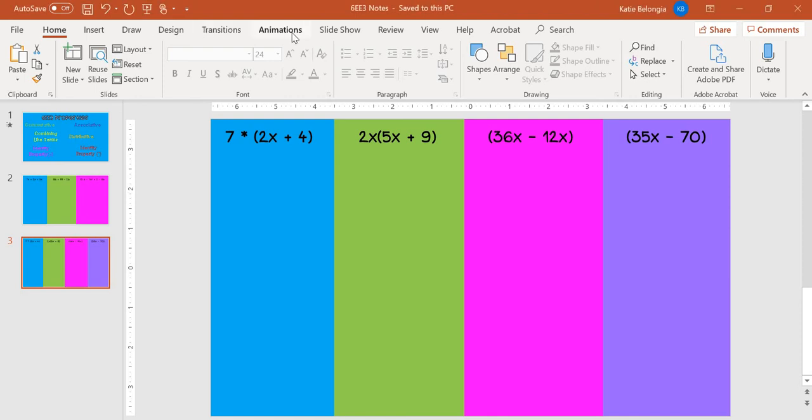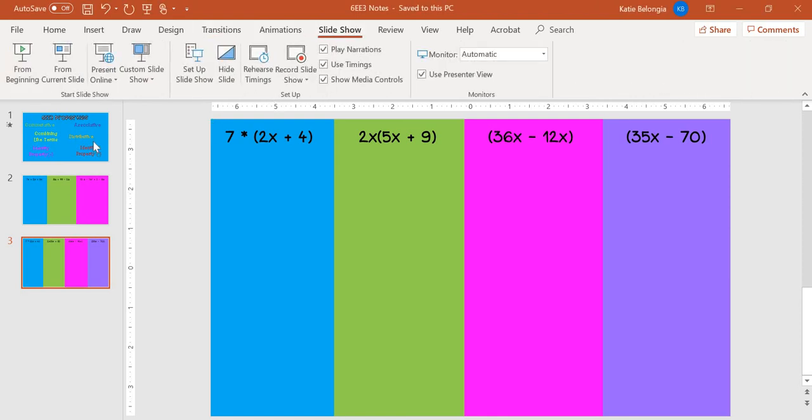All right, so here we go with lesson 6 EE3. And we are going to talk about different properties that allow us to create equivalent expressions. Right. So we've talked about the commutative property that allows us to move numbers around when we are adding or